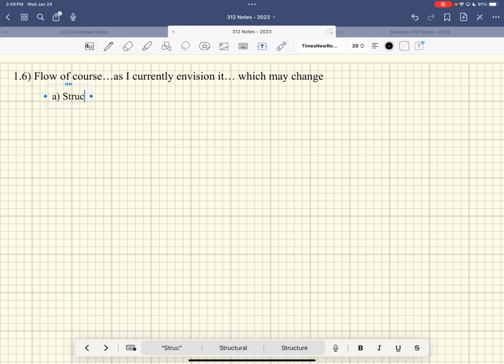Yeah, okay. What did you learn in structural? Well, I learned that structural engineering was really cool. I didn't know how to do it, but